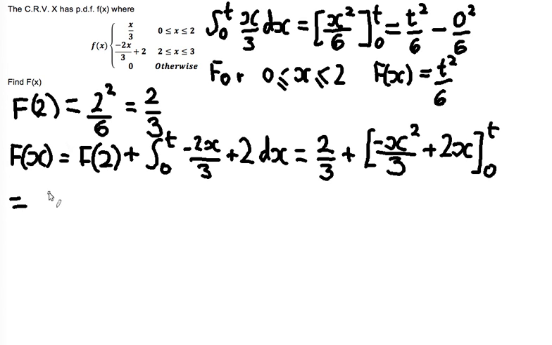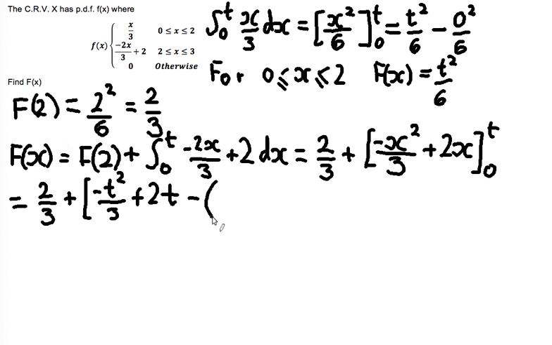So now working through this, we've got the 2/3 which we accumulated over that initial range, that first probability density function, plus we're going to have minus t squared over 3 plus 2t. So that's substituting the t into our function. Now we're going to subtract the value we get when we put in,